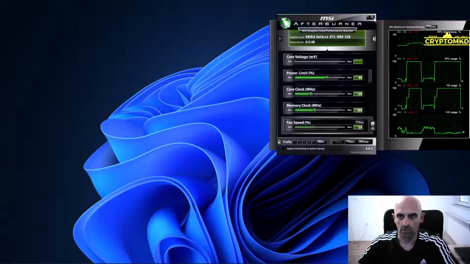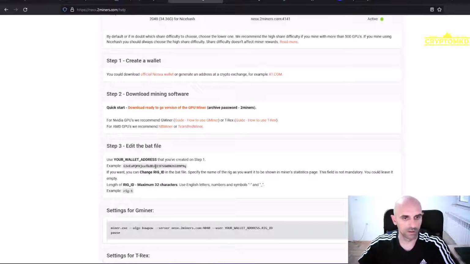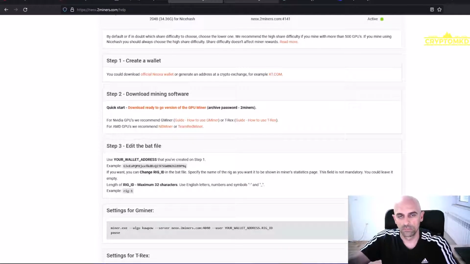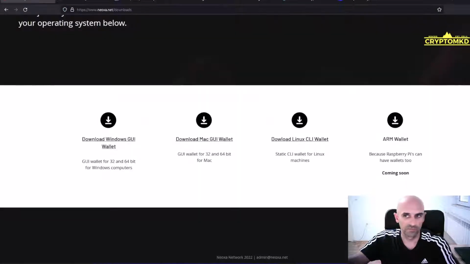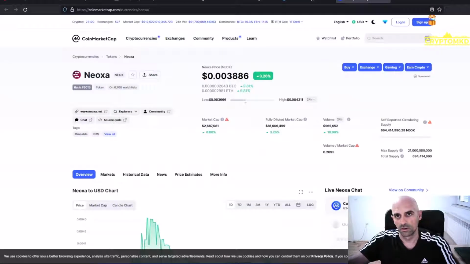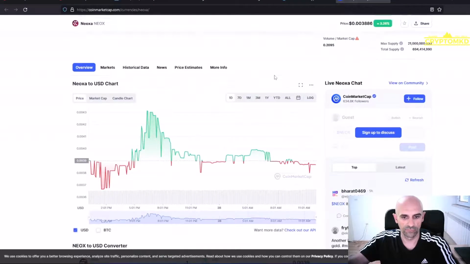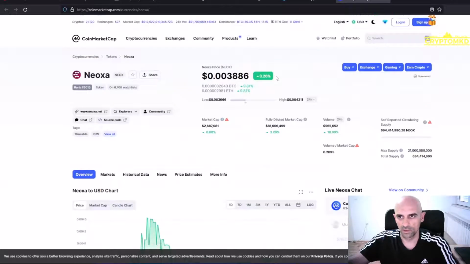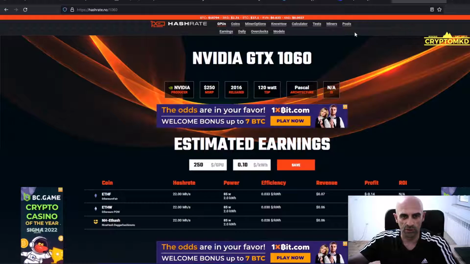I will close this now. Additional information about NEOXA you can find on their website or CoinMarketCap. On CoinMarketCap you are seeing the current price of NEOXA, or if you need to set up simple mining to mine NEOXA, go to hashrate.no,